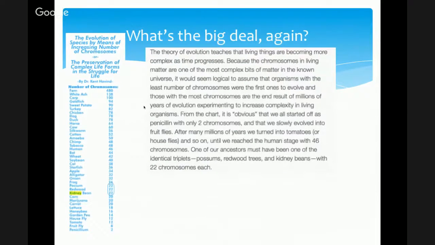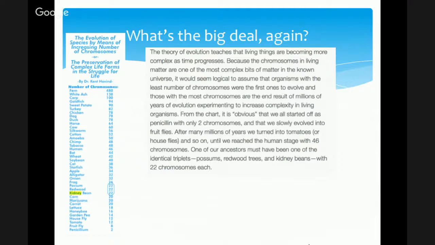Now, what happens if you are one of, to put it simply, the bad guys, and you want to seize on this misconception? Well, you get things like this. This was an article written by Kent Hovind, who is a Christian fundamentalist, an evangelist. He also happens to be in prison for tax dodging, but that's beside the point. And he posted this on his blog in 2010, and it was called "Possum, Redwood Tree, and Kidney Bean, Our Ancestors, a Spoof on Evolutionary Theory."